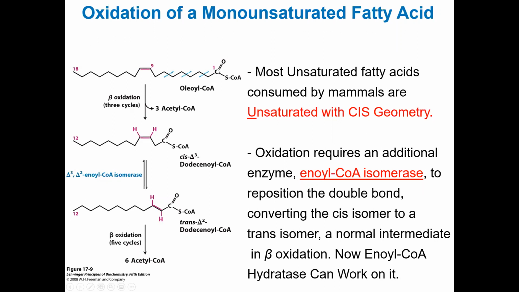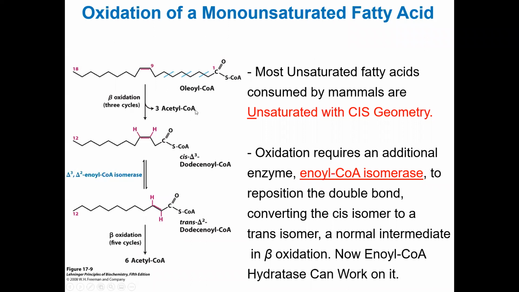So how do we say 3 rounds? Here, carbon number 1, carbon number 2. That's what will be released after the first cycle. And then what will you have? You will have an activated ester at carbon number 3, right? So that's what they're showing you. You will do 3 rounds of beta oxidation, and you will be able to release 3 acetyl coenzyme A.